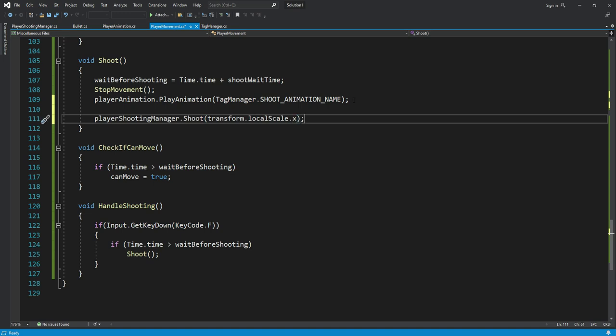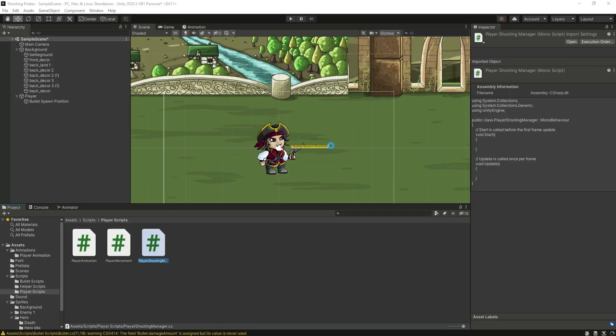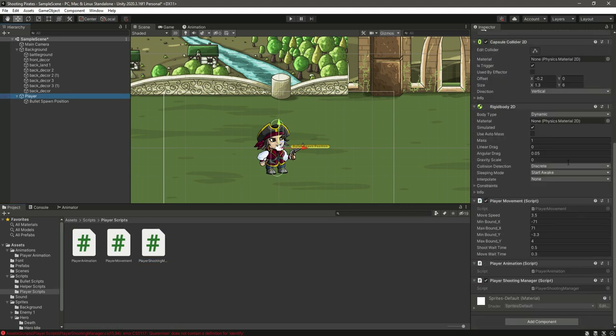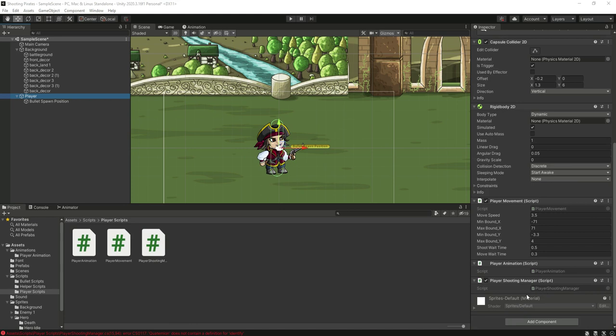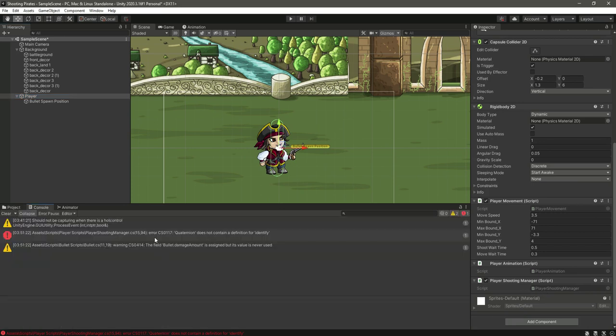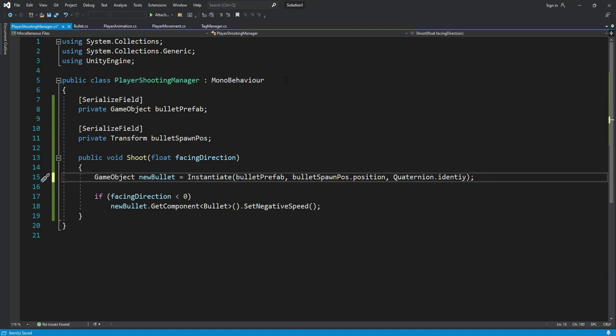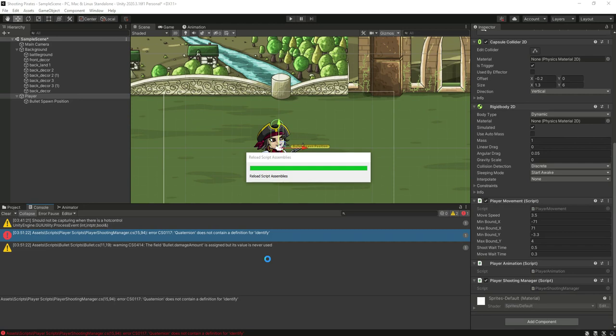So now let's just save this, get back to Unity, and if we select the player, as you can see it is not showing us the bullet prefab and the bullet spawn position because we have an error right here. It is not identify, it is identity, so make sure to change it to identity. Now let's just save it, go back,